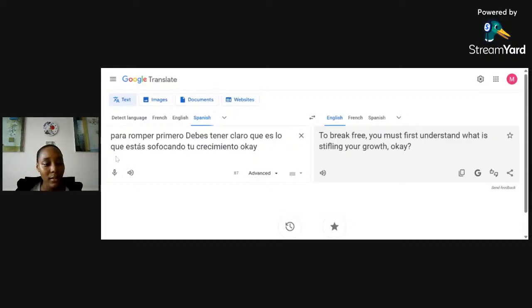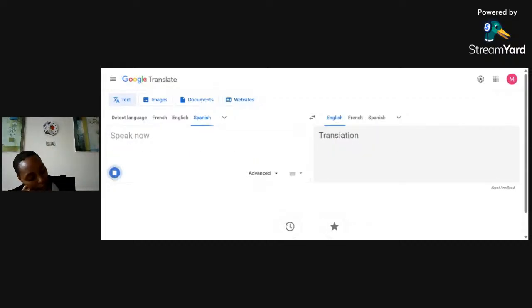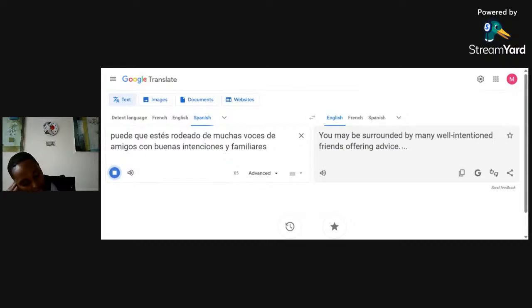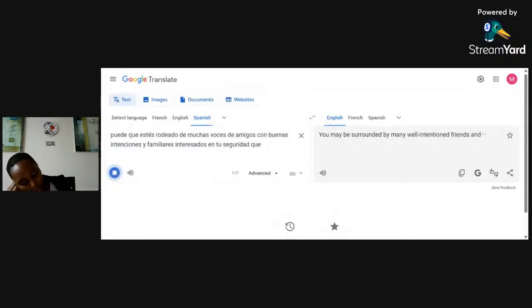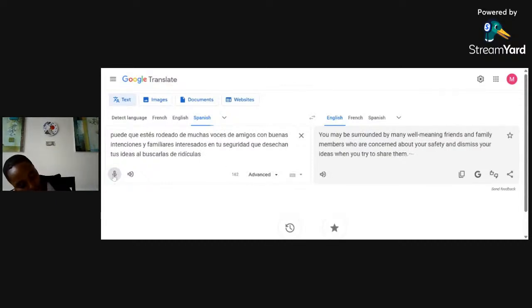Next sentence. Puede que estés rodeada de muchas voces, de amigos con buenas intenciones y familiares interesados en tu seguridad que desechan tus ideas al juzgarlas de ridículas. End of sentence. So, it could be that you are surrounded by many voices of friends with good intentions and familiares, I'm going to say family members or relatives, interesados en tu seguridad. Relatives interested in your security, but I'll say relatives who care about your security,